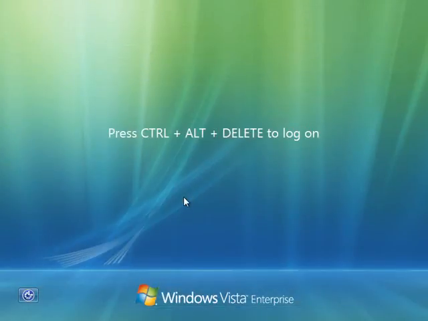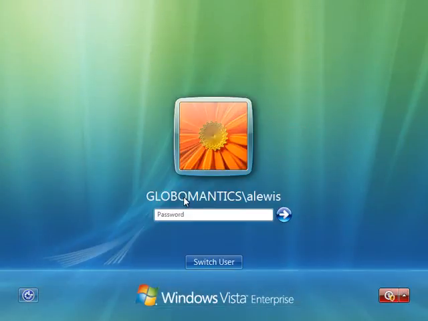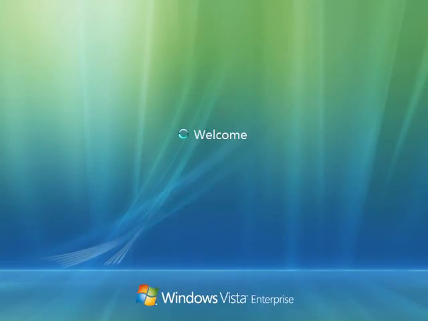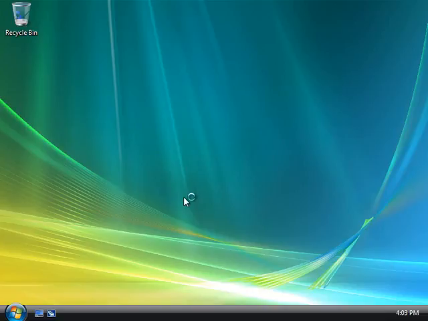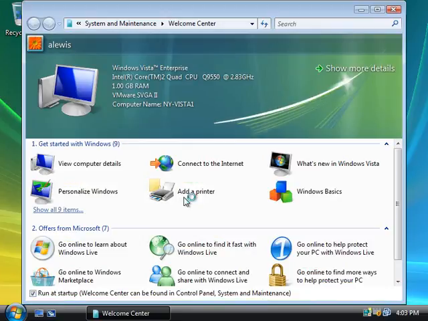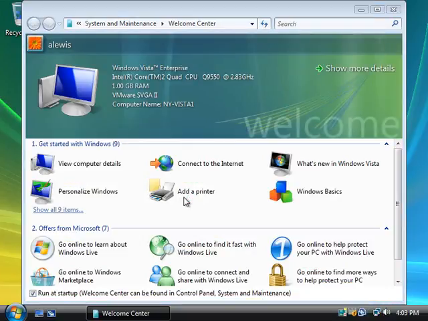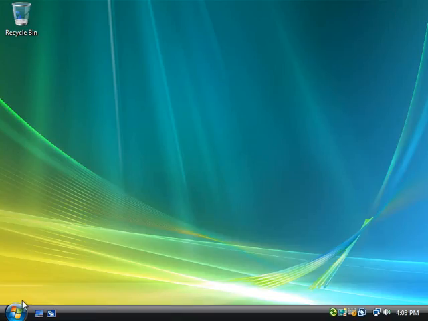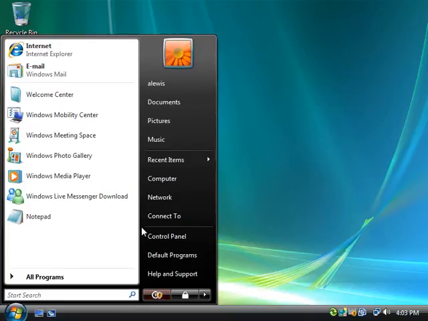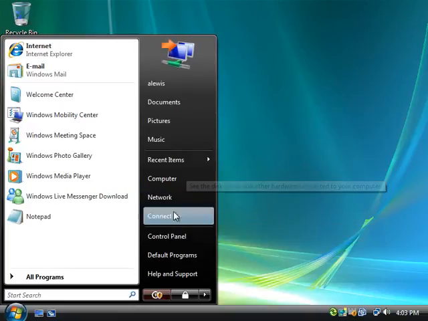Okay, back here on our Vista client, I'm going to press Control-Alt-Delete, and you know what? I'll just go ahead and log back in as A. Lewis. Right? Just a regular user on our network, and we want to see if A. Lewis has the ability to go ahead and install this printer. Let's not run yet. Startup. Close this. Start. And again, you'll notice printers is not here,